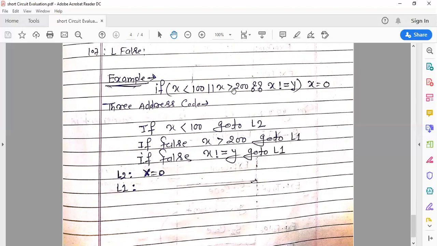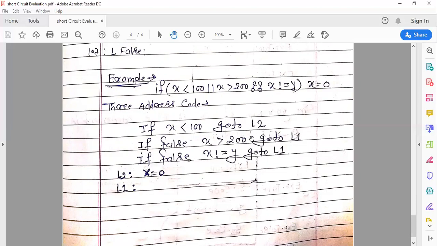If x greater than 200 is false, then again control does not jump to L2, because L2 is the true statement. So control goes out of the if statement. This is the false L1. And if x not equal to y is false, again control goes to the L1 level.